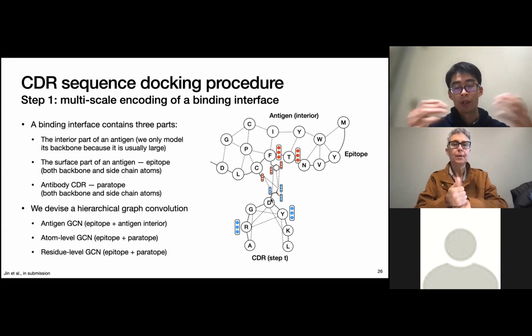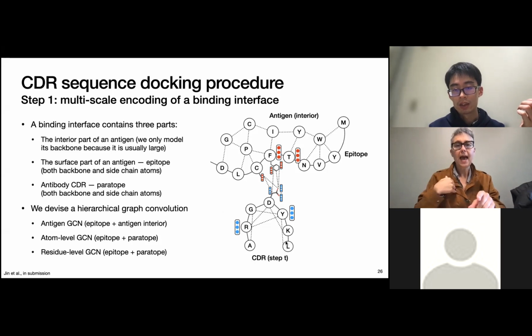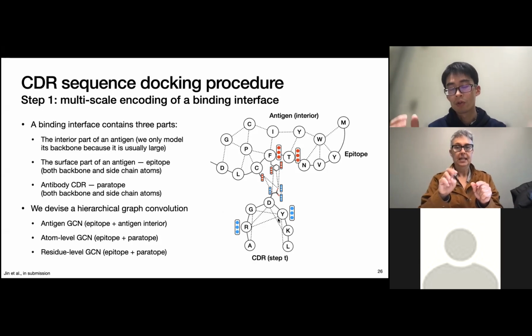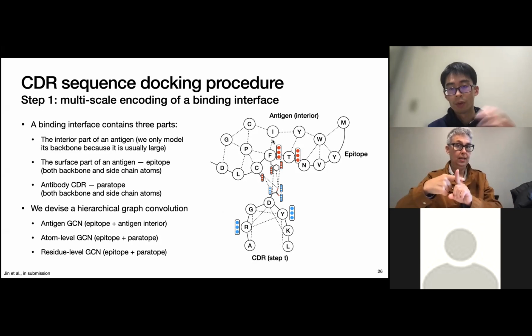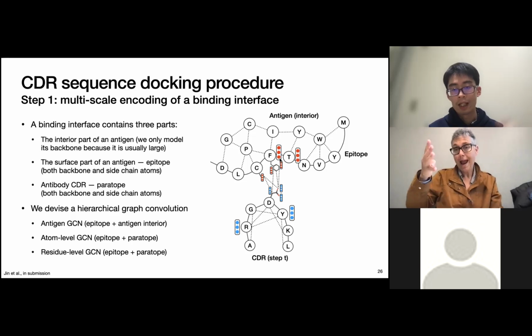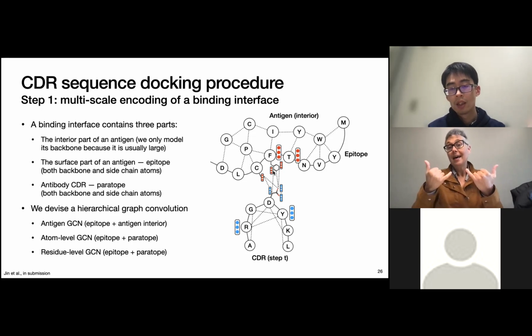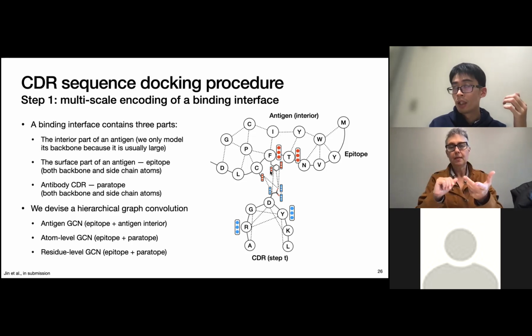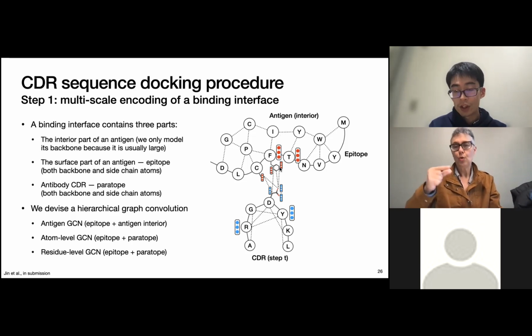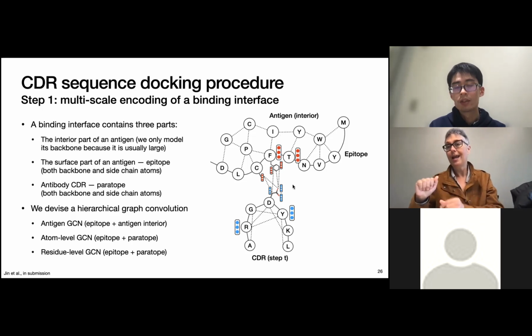So let's say now we are at step T, and we have all the CDRs. Based on their current coordinates, we again construct this graph across the antigen and antibody, and we can run this graph convolutional network to get the embeddings of each residue. We also need to get the encoding for the side chain atoms, not just the backbones, right? So here, we will have two